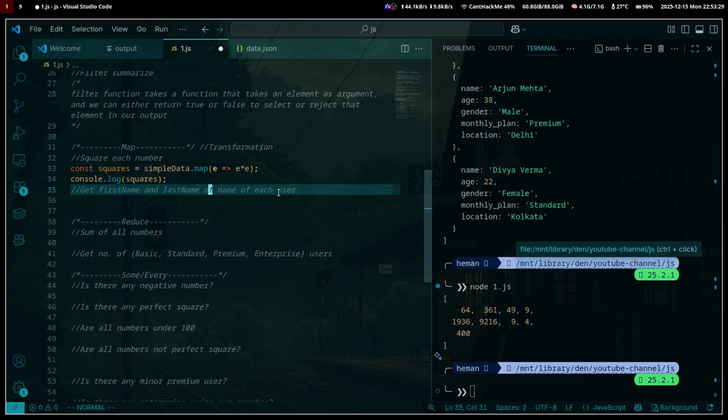Name of each user. Get first and last name of each user. So here you can see the problem statement itself suggests that this is a transformation operation. For each user we have to get first name and last name. That is a transformation operation, and how we can do that is